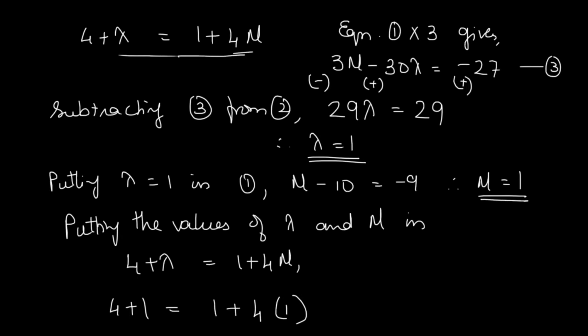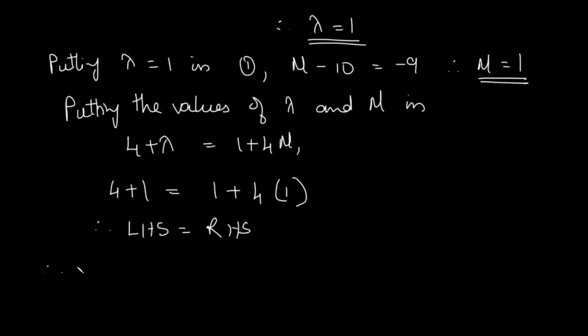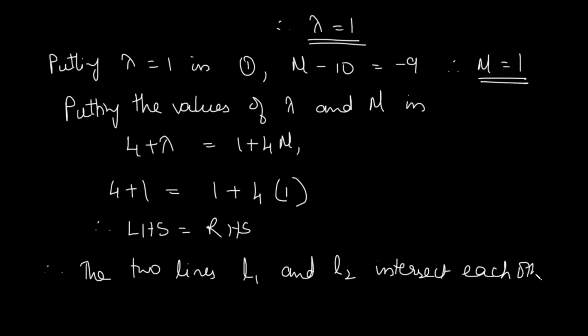We had 3 equations of the line which we considered. Okay, these were the 3 equations. So the first 2 equations we solved like this. We got the values of lambda and mu, and when we put these values of lambda and mu in the third equation, we saw that LHS and RHS are coming equal. Which means what? Which means therefore the lines intersect. The two lines L1 and L2 intersect each other, since the values are coming same.